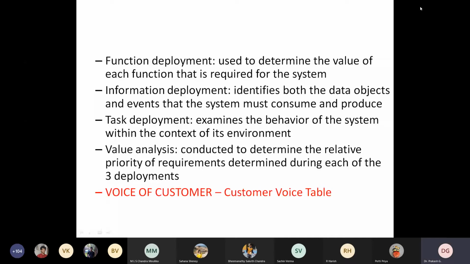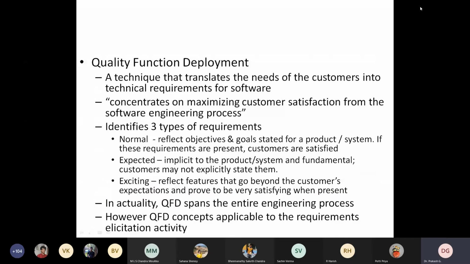So for login management, what we are going to develop, there are exciting requirements which you can plan within your team. This requirement I am not expecting. As a customer, I am not considering it as a normal requirement because the normal requirement has already been given to you. The only thing I do not have is the exciting requirement. What I told you here is beyond the customer's expectation.